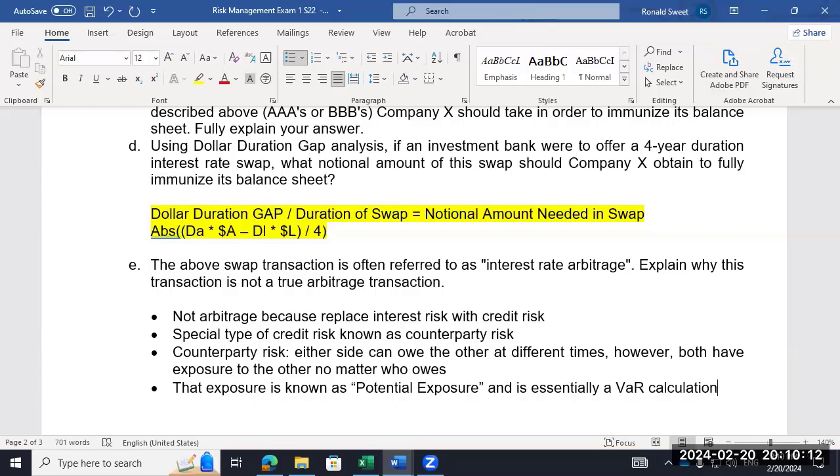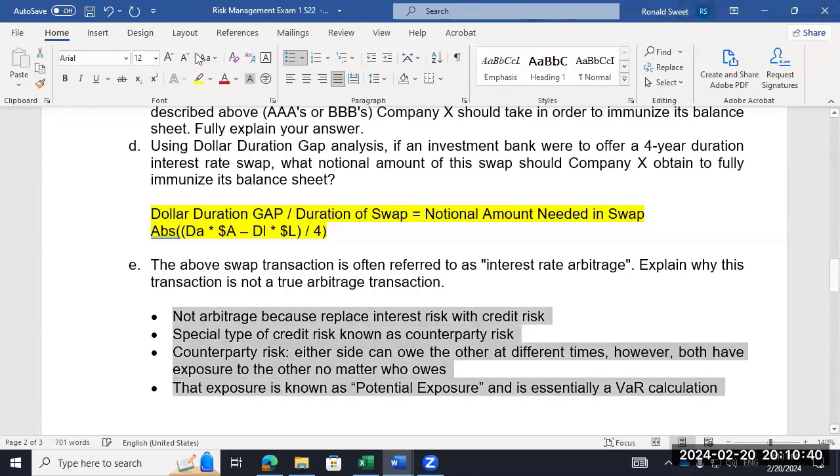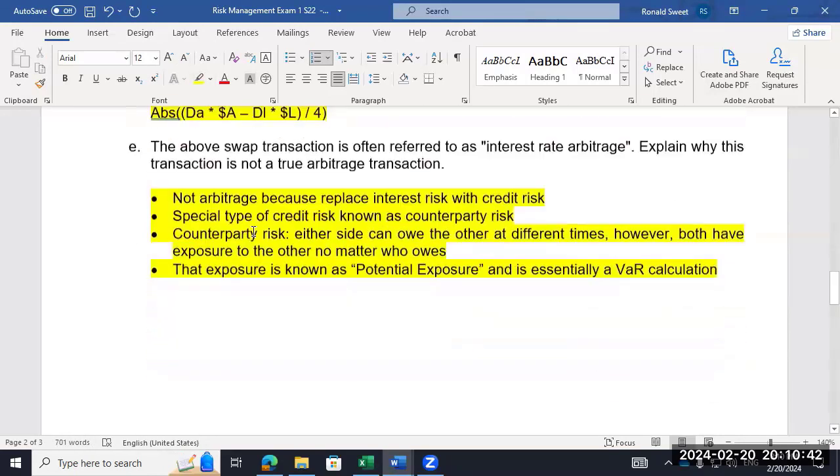And this is how we calculate potential exposure. I essentially run a value at risk and say, okay, given this probability, how much could they owe me? Right now, I owe them 200 million bucks. So there's a 1% chance they could owe me 50 million. Or right now they owe me 200 million bucks, but they could owe me as much as 500 million. It's a value at risk kind of thing: 1% of the time, I think they could owe me this much. So that's what my exposure is. Questions on that? You've got to put it into your own words, but these are the types of things.